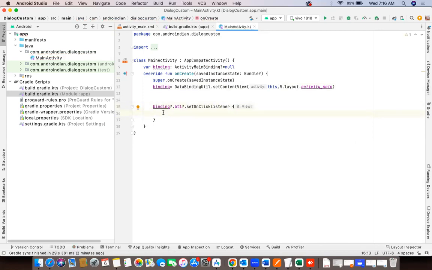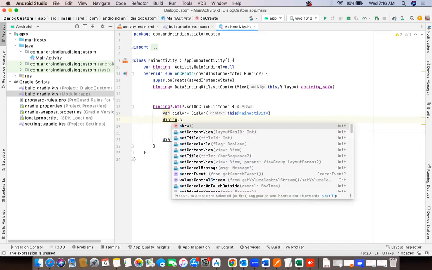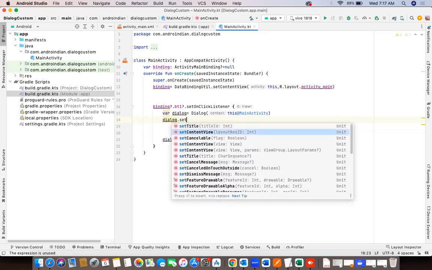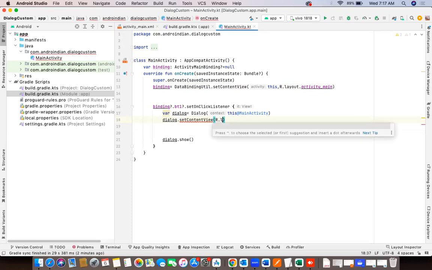Now here, I'm creating the dialog. So val dialog equal to Dialog, with reference to the context. So this is the main activity. So I imported the dialog here. Then whenever you create these dialogs, you must write dot show. Otherwise, these dialogs cannot be displayed. So now I'm writing dialog dot setContentView. For the dialog, I'm setting the content view, that is R dot layout dot